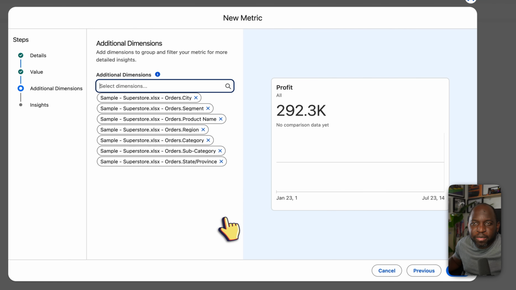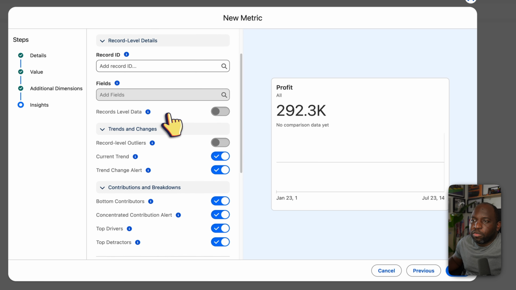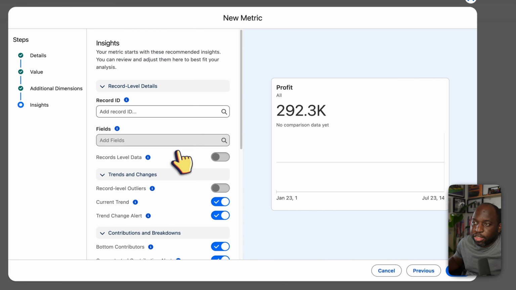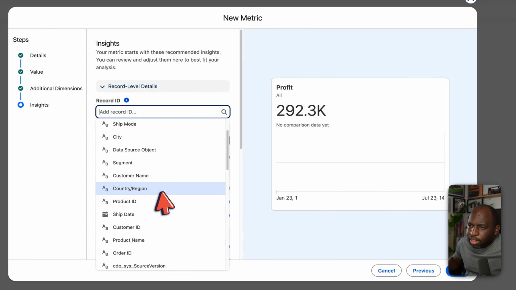That looks pretty good to me. So I'm going to hit next. Now that we've done that, we've got all of those dimensions added, listed. You see that this list is actually sort of lengthened. So record level detail. So the record ID in this particular case,